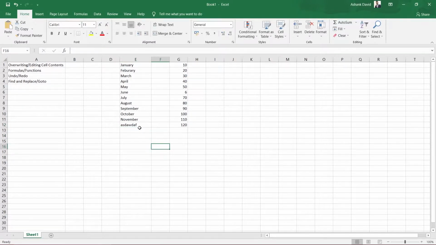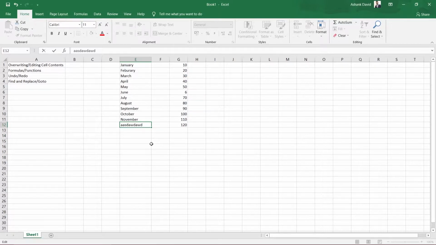Now this is what we call editing. We already have some text written onto that particular cell. If we double click onto it, the cursor will show, and with the help of the cursor we can delete the text, and instead of that we can write whatever we want. So this is what we call editing cell contents.